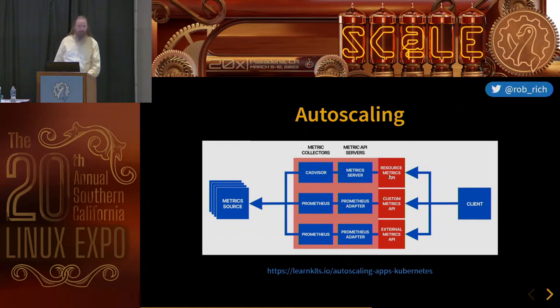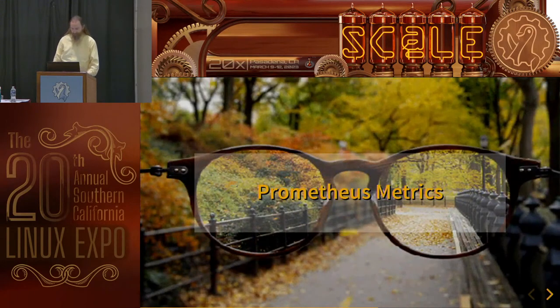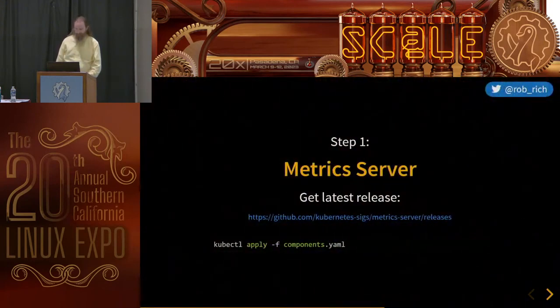Now, if we're doing internal things, we've got the metrics server looking at cAdvisor that just looks at our pods. That's great. If we're looking at this, let's take a look at the Prometheus adapter. Now, this Prometheus adapter is free and open source, provided by the Prometheus project. So we'll install Prometheus, and then we can measure whatever Prometheus metrics we want to look at. So let's take a look at that, the Prometheus metrics.